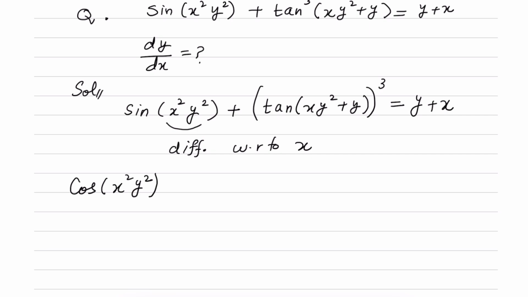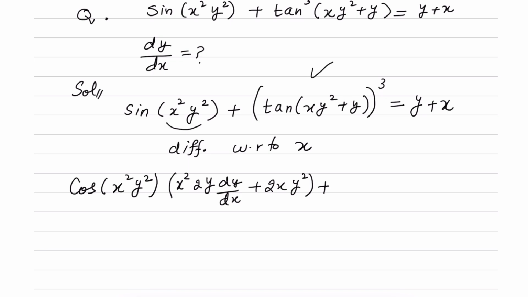Since the angle is x²y², which is the product of two terms, x² and y², we will apply the product rule of derivative to find the derivative of this angle. First term as it is, and the derivative of the second term y² with respect to x is 2y dy/dx, plus the first term's derivative. The first term is x², its derivative is 2x, and the second term as it is, plus